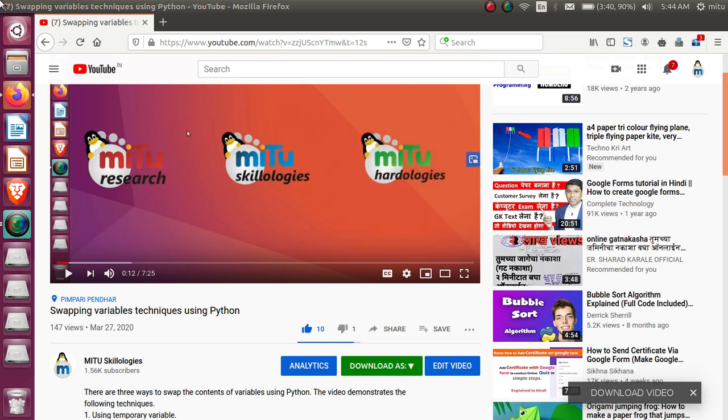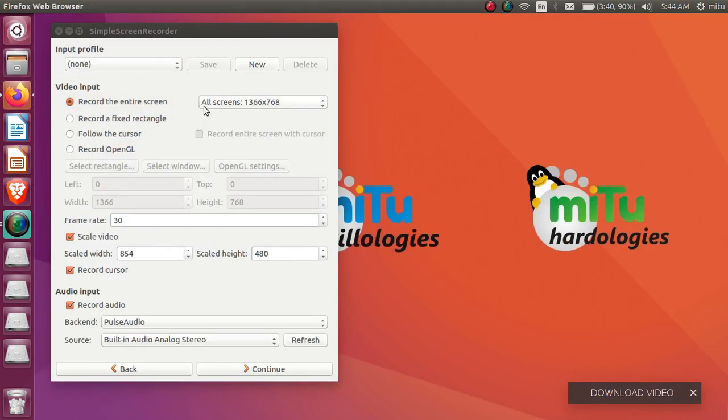Now if I'm recording a video in 1366 by 768 resolution, and after recording I need to scale it to 854 by 480 resolution, I can scale up or scale down with the help of this option, scale video.